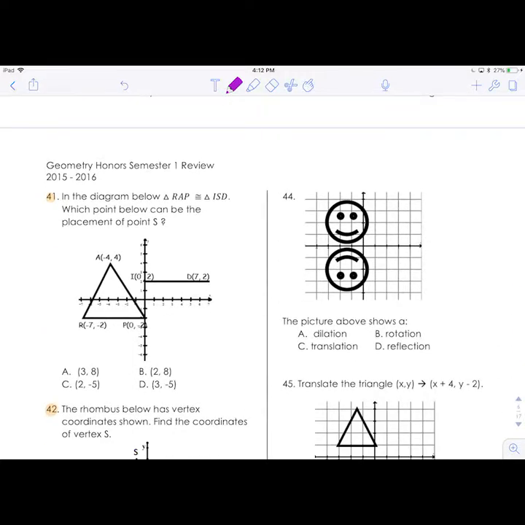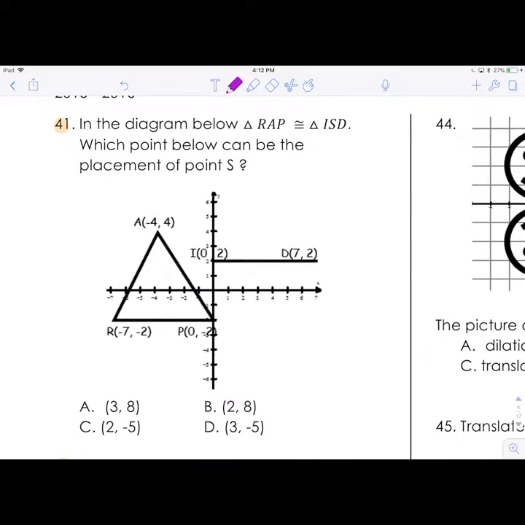is number 41. All right. So this one is kind of intense because it's asking which point below can be the placement of point S, which kind of means you need to try them all out. And here's how I would tackle this problem. This might not be how others would tackle it, but I know that this method works, so this is what